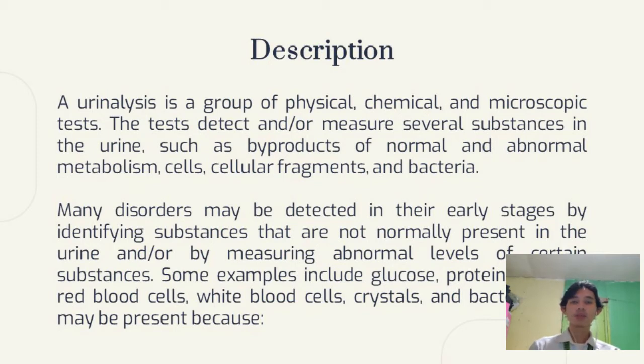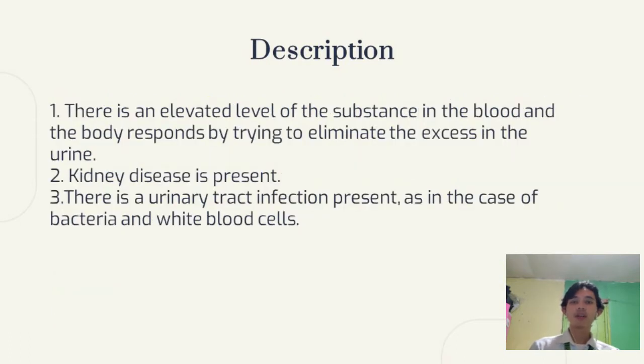Some examples include glucose, protein, bilirubin, red blood cells, white blood cells, crystals, and bacteria. They may be present because there is an elevated level of the substance in the blood, and the body responds by trying to eliminate the excess in the urine. Kidney disease is present. And lastly there is a urinary tract infection present, as in the case of bacteria and